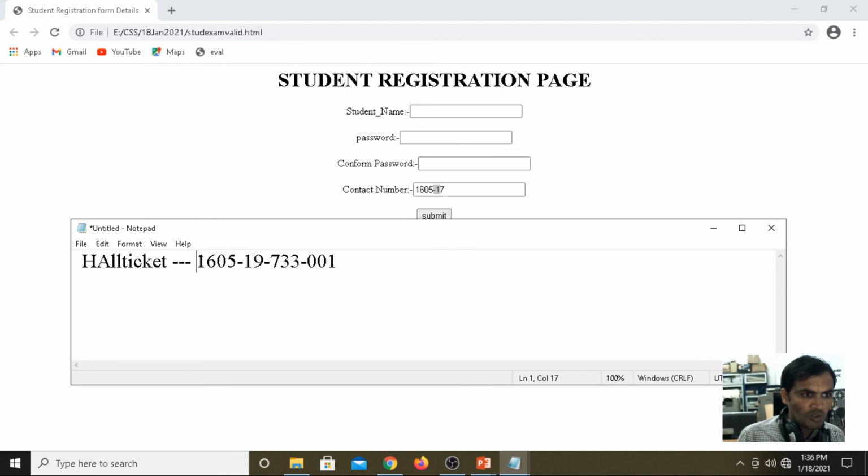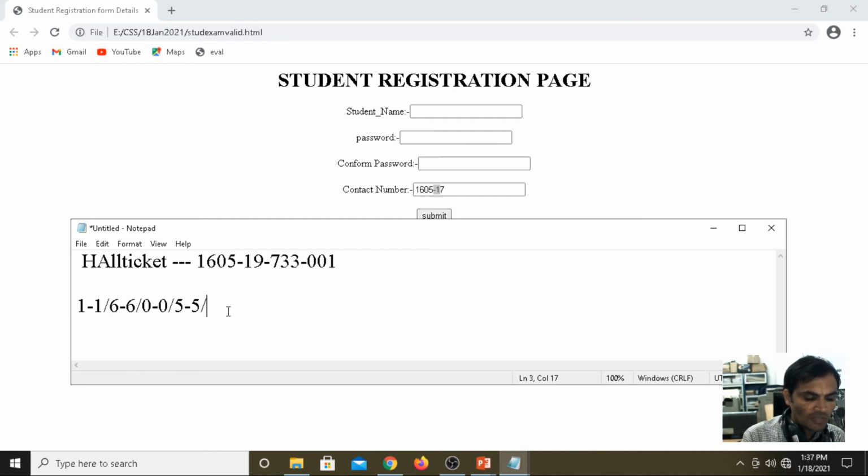If you want to design the pattern matching, under the pattern matching we give the condition for your college code: 1 to 1, then 1 to 1, then 6 to 6, then 0 to 0, then 5 to 5. It means we can enter only the one range, 1605.